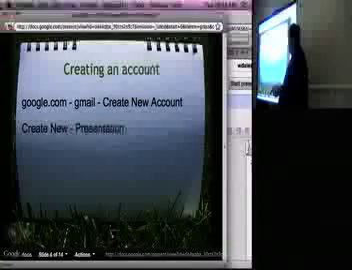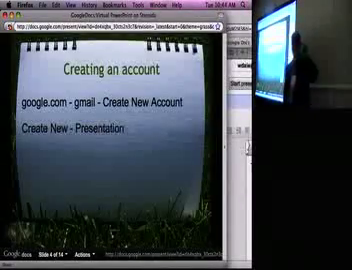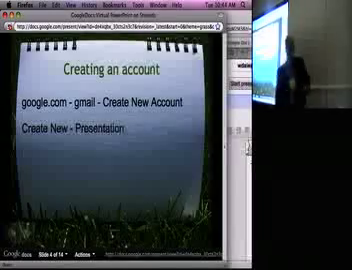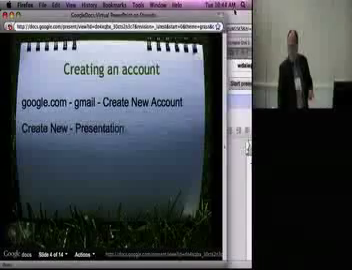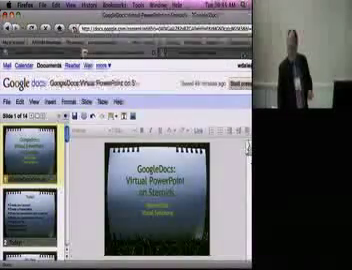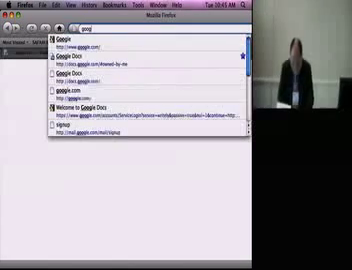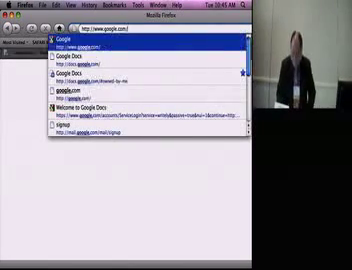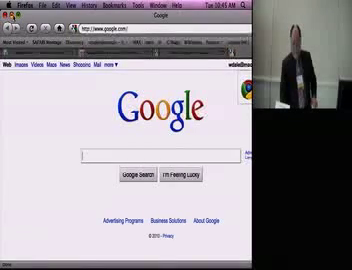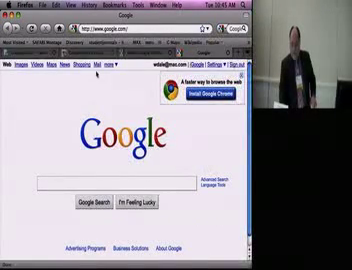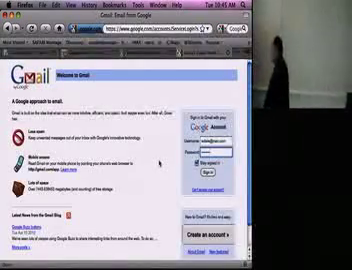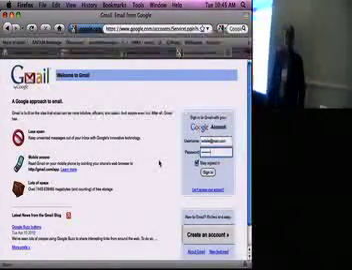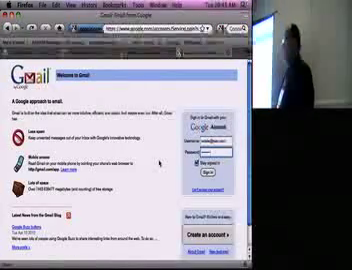What I want you to do, please, is go to google.com. Then at the top, you see where it says Mail? You're going to click on Mail, and then you're going to click on Create an Account. Okay? Now, when you create this account,